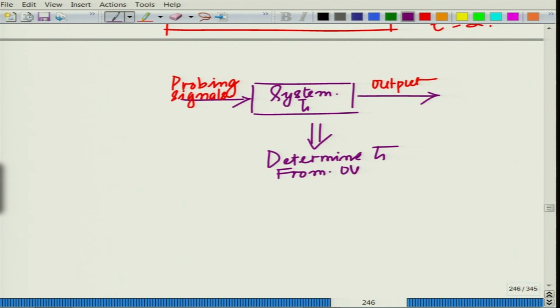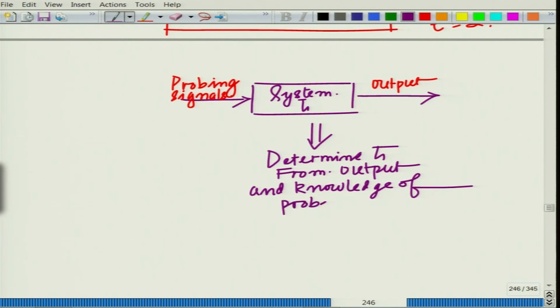The output is the observation, and this is basically termed as your